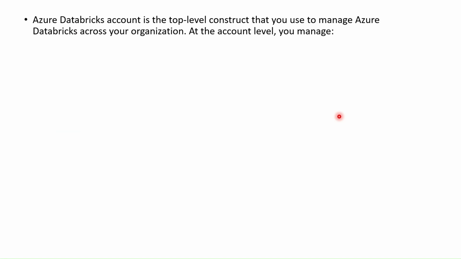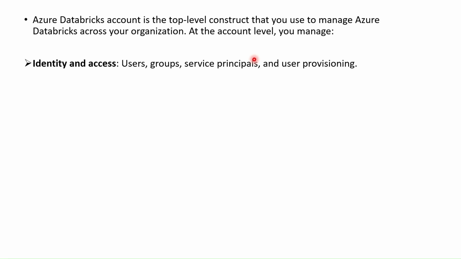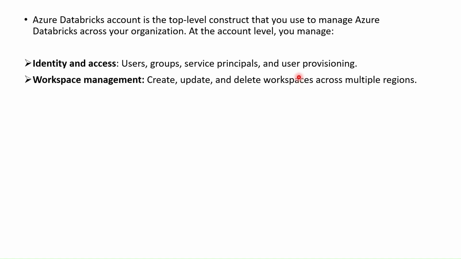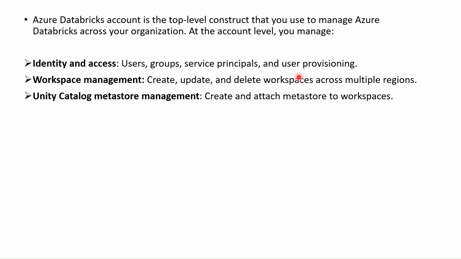Okay, so the Azure Databricks account is a top level construct that you use to manage your Azure Databricks across your organization. So it's like a top level construct that you use to manage what you can do at the account level. The question is, what can you do at the account level? So what you do is you manage identity and access for your users, groups, service principals, and user provisioning. Okay, and then you also do workspace management, like you can create, update, delete workspaces across multiple regions, and then